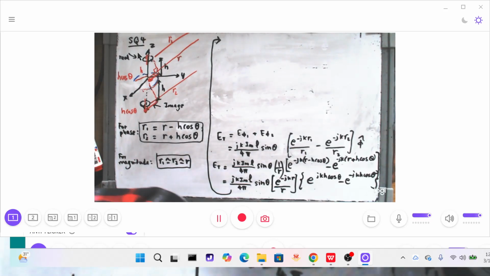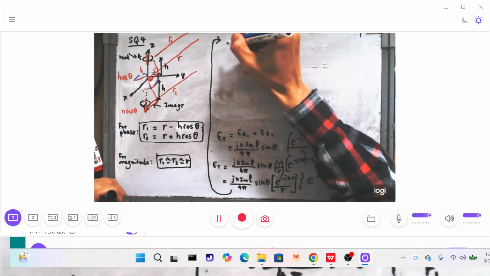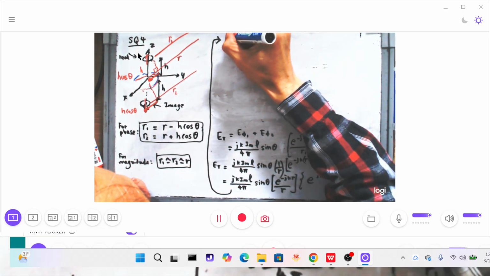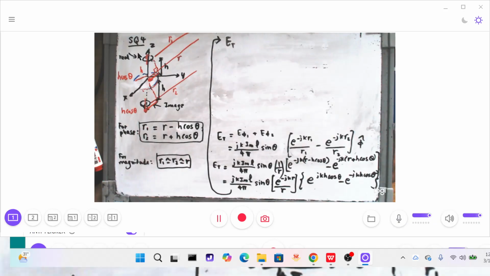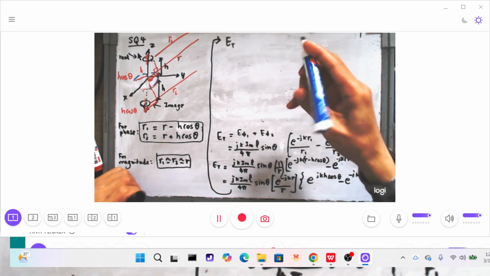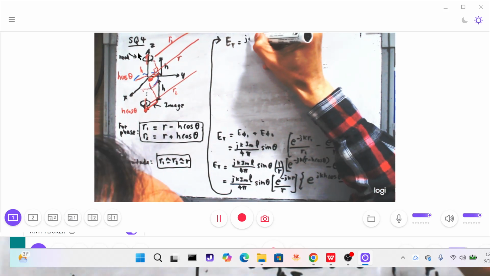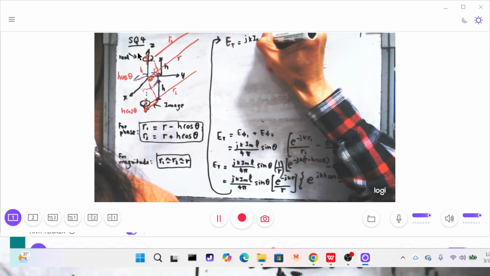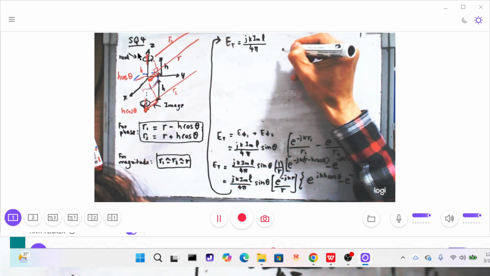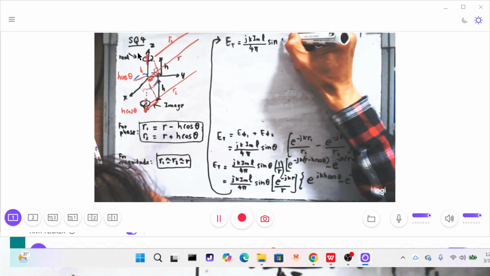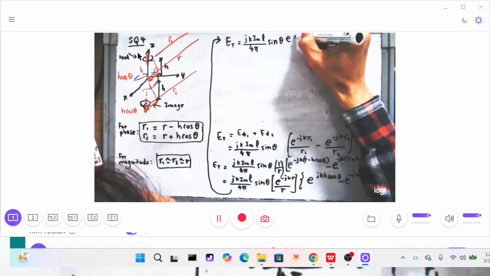Let me change to another pen. This one is even worse. And then jk I m l o over 4 pi and then sine theta and then